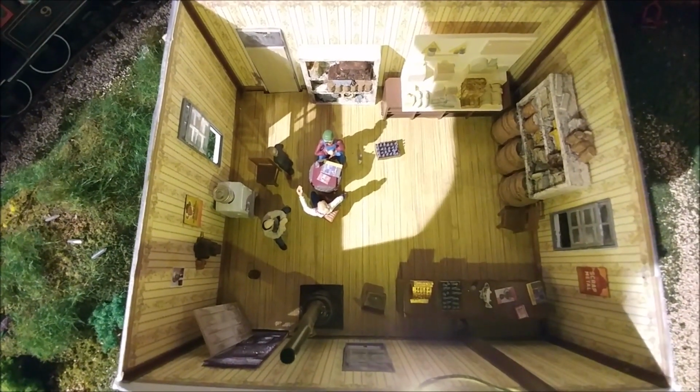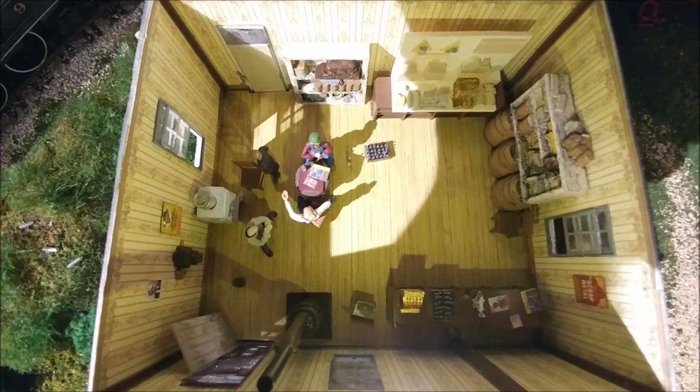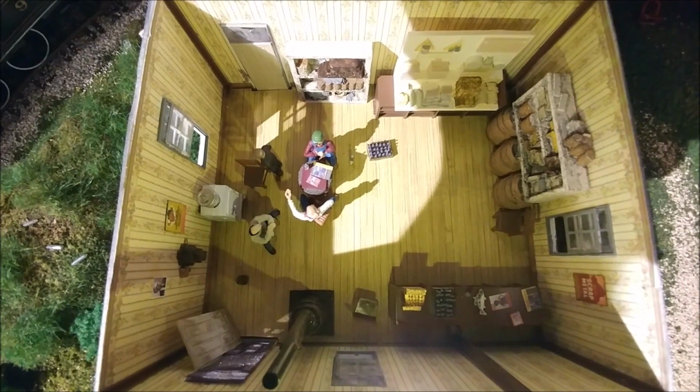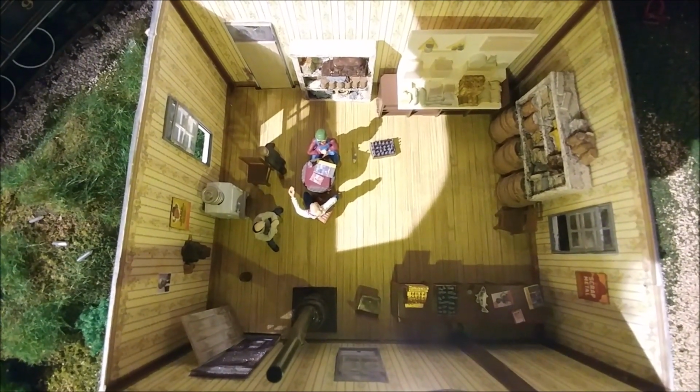I'm reasonably pleased with how the interior turned out. It's lighted with Woodland Scenics plug-and-play systems. Castings made by various manufacturers. I painted a lot of things, detailed a lot of things myself. The magazines